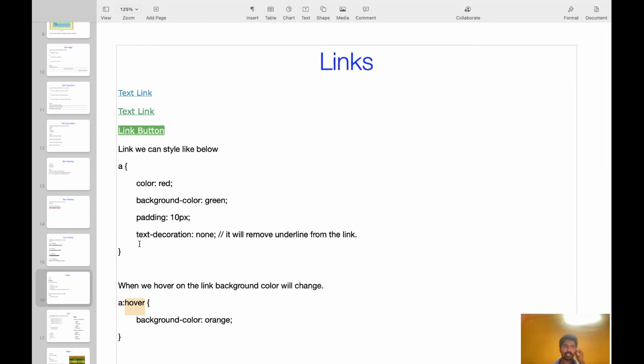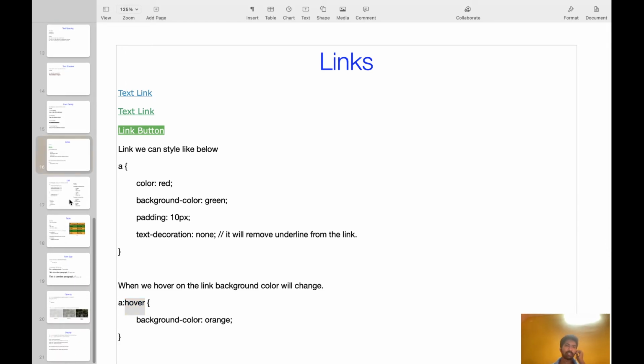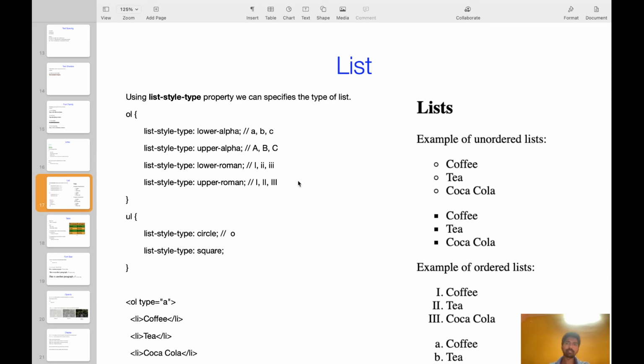Okay, so next let's go to the next one, list. We have a few lists: ordered list, unordered list. Ordered list means like this, which will come A, B, C, or Roman letters, caps or small, or 1, 2, 3 also will come.